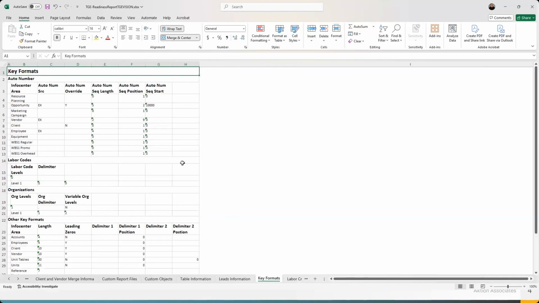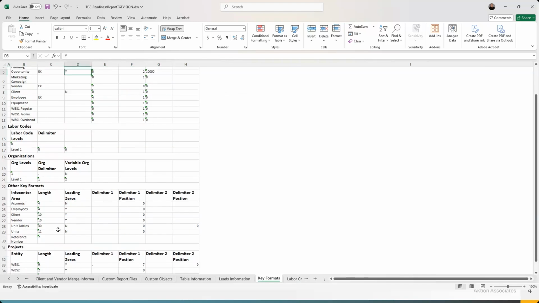Key formats. This basically just tells us the numbering sequence for everything in your database, right? Like your projects, your opportunities, what is the auto length of that? 5 numbers. Do you use auto numbering? Yes or no? Gives us all the detail around formatting for your employees, right? So it's 4 in length. Do you have leading zeros? Yes. So this gives us a snapshot of the numbering schema that you have for everything in